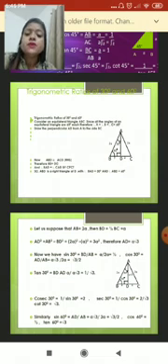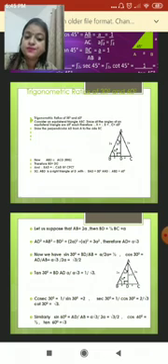Now let us suppose side AB is equal to 2A. We are going to suppose that the length of my side AB is equal to 2A. So what will happen to all the sides? Since it's an equilateral triangle, all my sides will be equal, so all are 2A each. What will happen to the side BD or DC? Both are equal, so they will be half and half, so that means 2A divided by 2, each will be A and A.